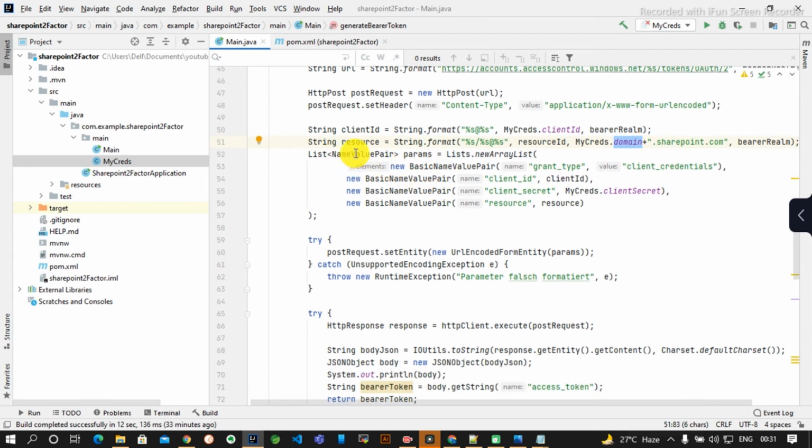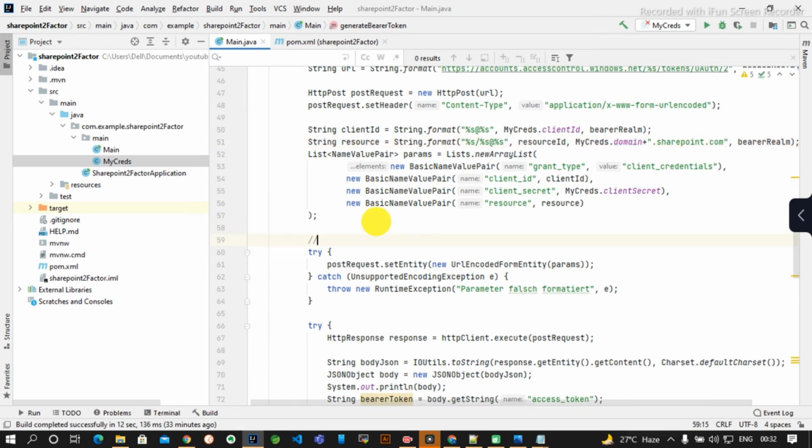Now if you see this name value pair and basic name value pair, I am sending client id, client secret and resource. So if you mark, whenever in Java we send some query parameter, like if you are running in localhost, http://localhost:8080/try, then user is equal to some value and pass is equal to some value.